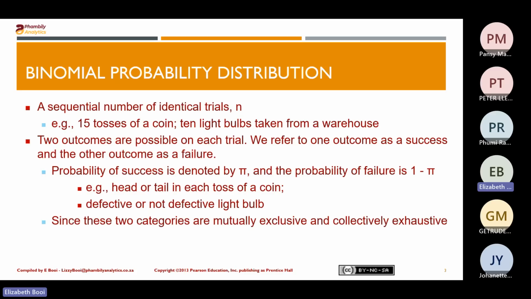And like I said, the two outcomes need to be independent, but they also need to be mutually exclusive and collectively exhaustive. Therefore, they have to include all the other